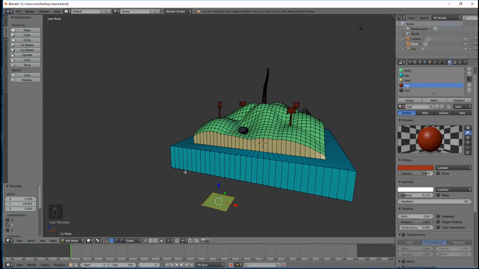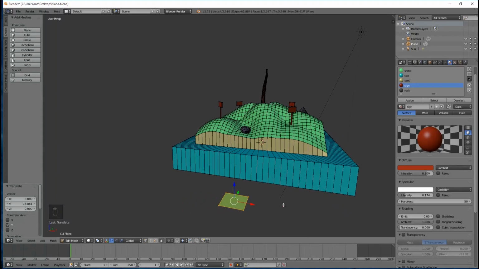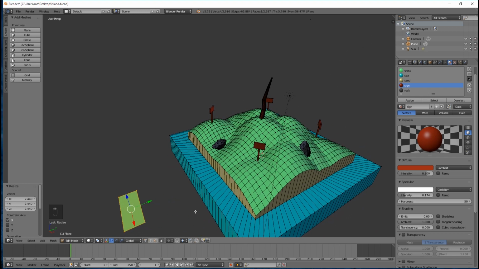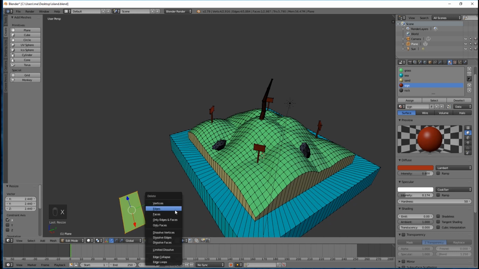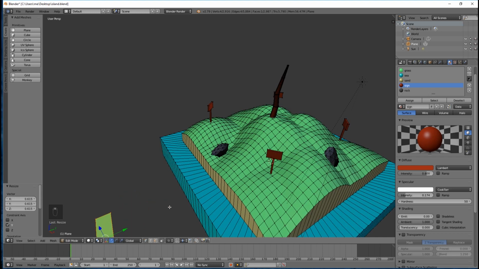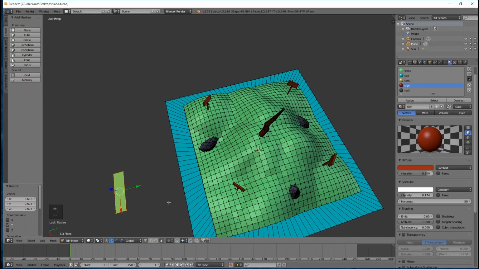But what I'm going to do is just scale that out so it's a bit of a longer rectangle. So I'm going to press S to scale and then X just to stretch that out so it's more sort of palm leaf proportions. There we go. Just maybe scale that. Oops. Scale that on the Y-axis, I think. Yeah, there we go, like that. Okay, so now we are